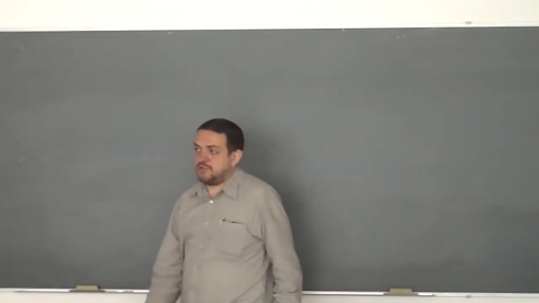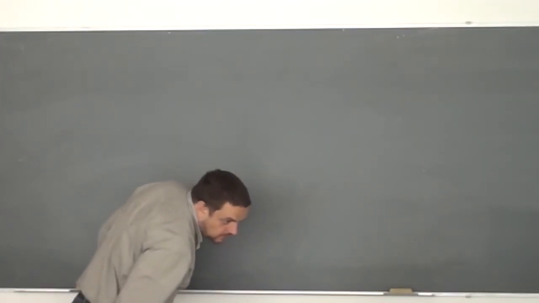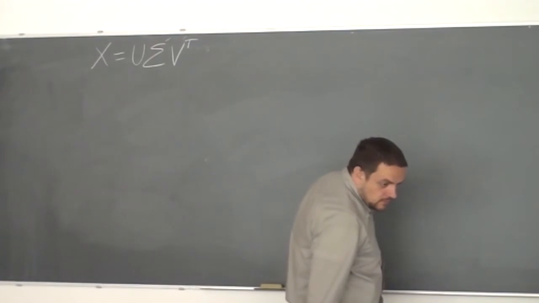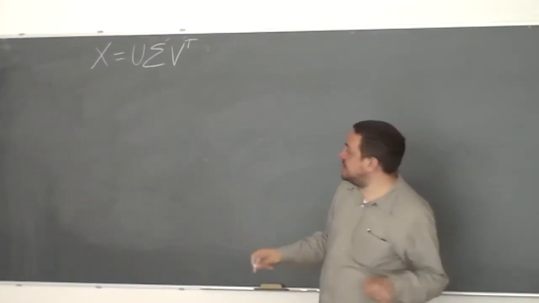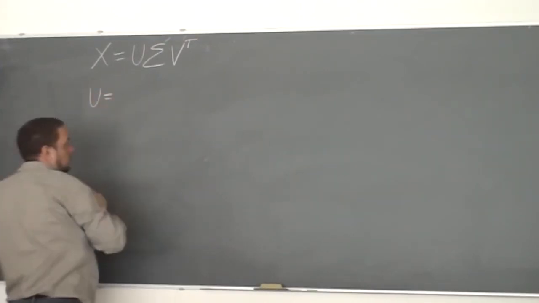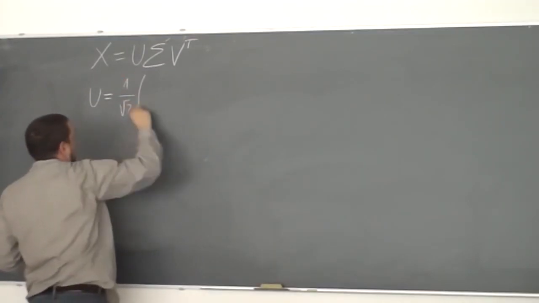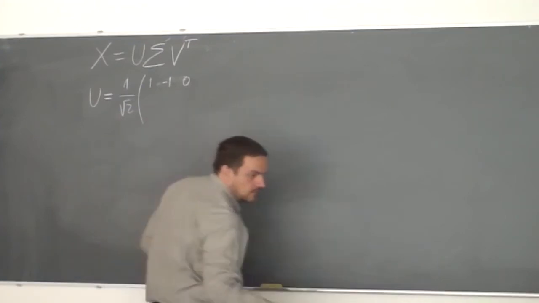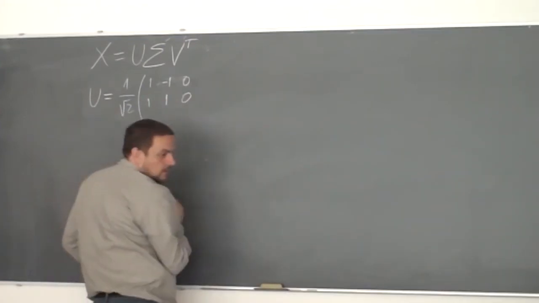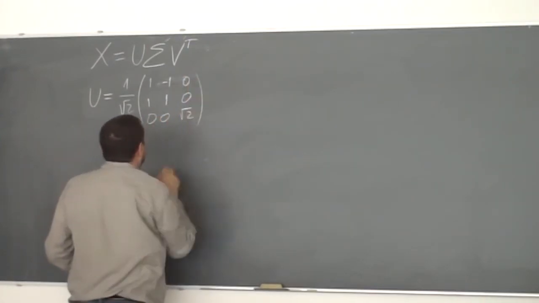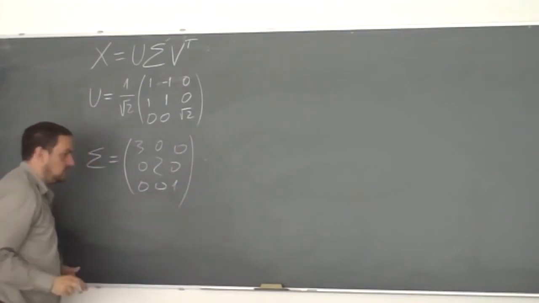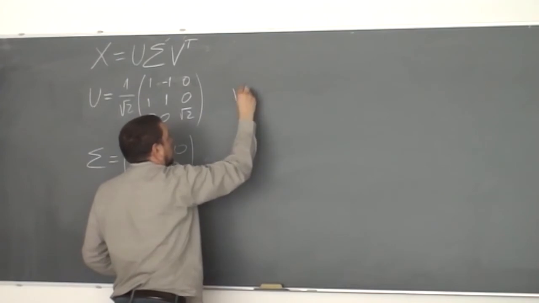Let's consider a singular value decomposition again. In this case, we are told that we have a matrix X whose singular value decomposition is the following, where U is 1 over square root of 2 times 1, minus 1, 0. Sigma is 3, 2, 1. And V is